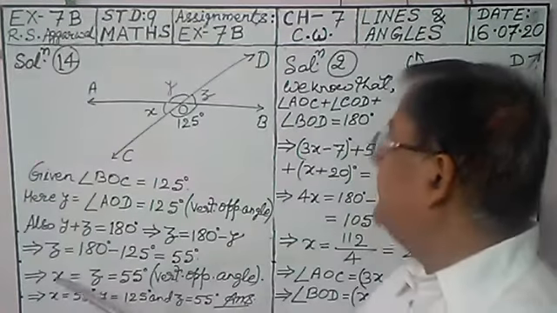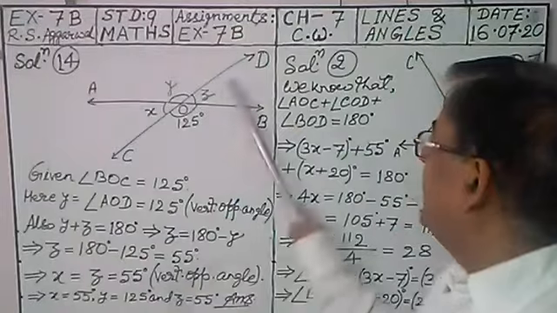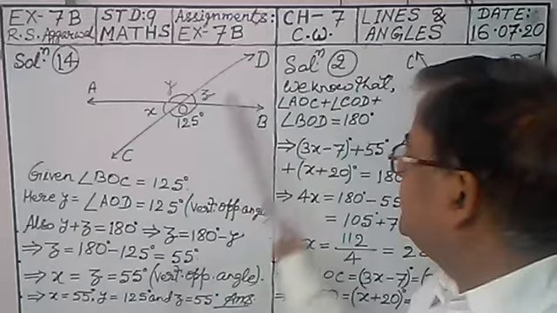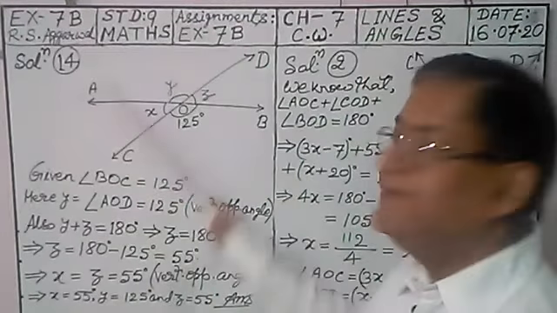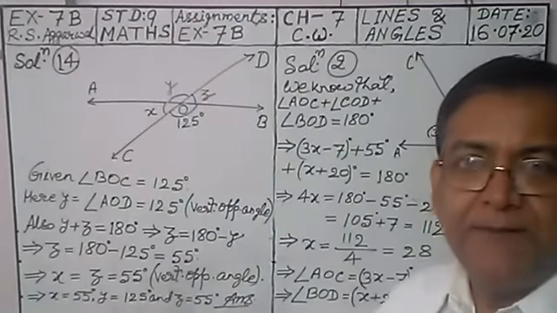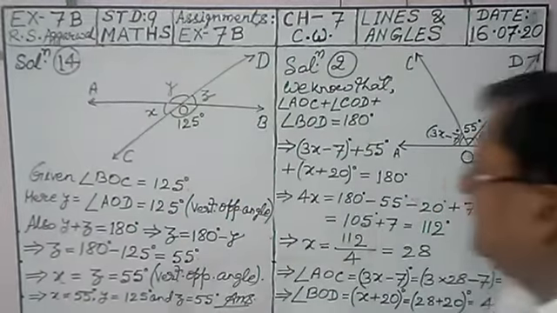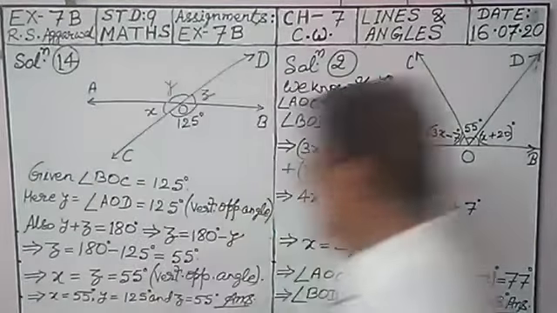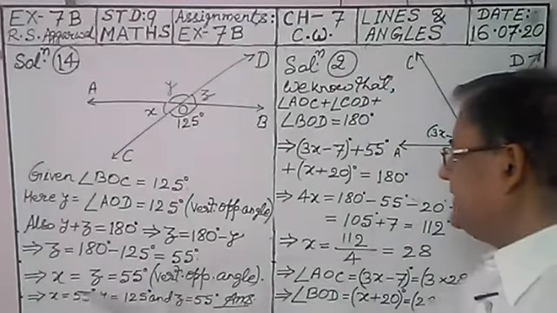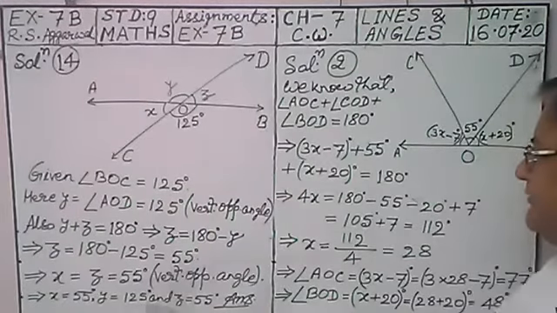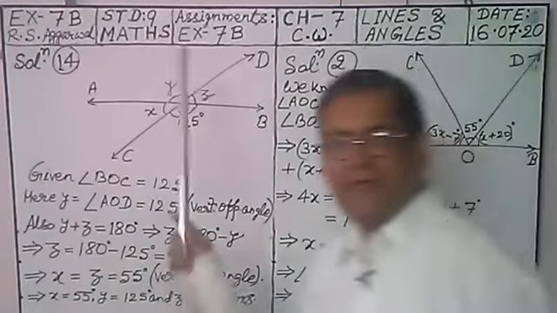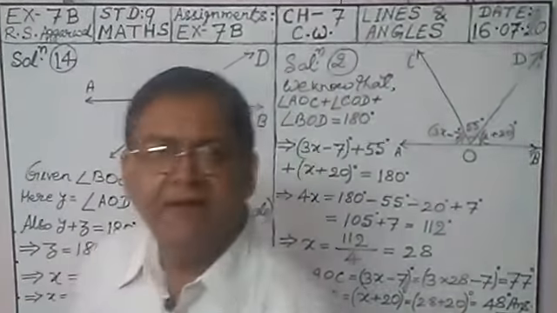Now coming to X. Now you know the value of Z, 55 degrees. And you see, just opposite to Z is X, which means X is the vertically opposite angle of Z. So X equals Z equals 55, by vertically opposite angles. So X equals 55, Y equals 125 and Z equals 55 degrees. This is the answer for all three angles X, Y, Z.